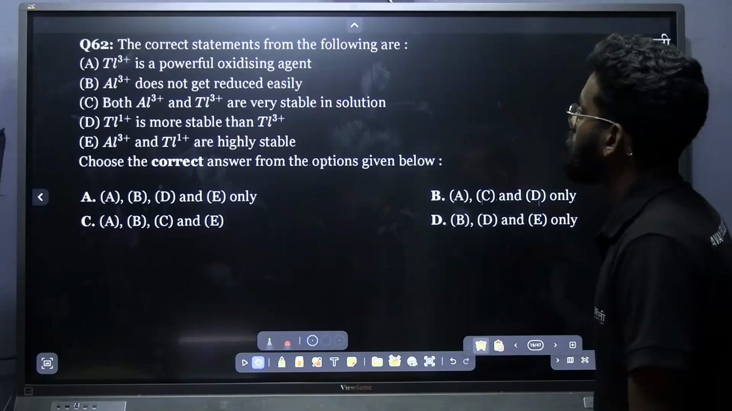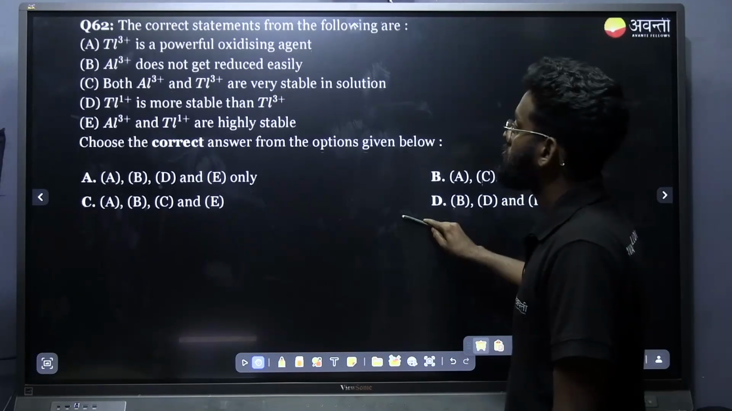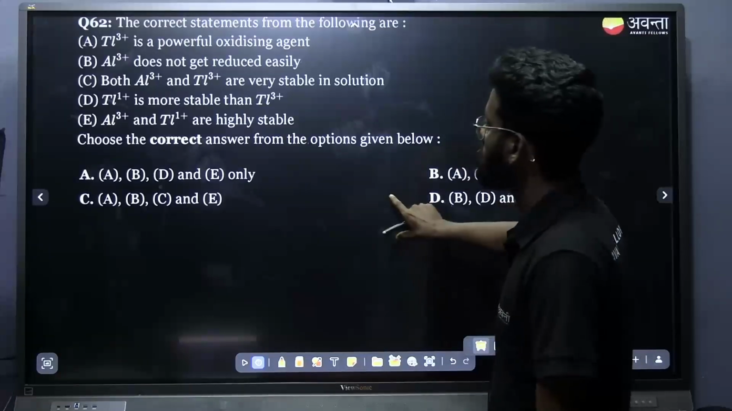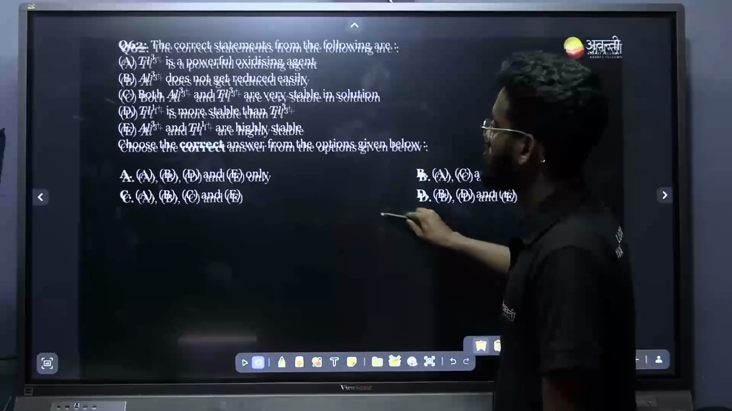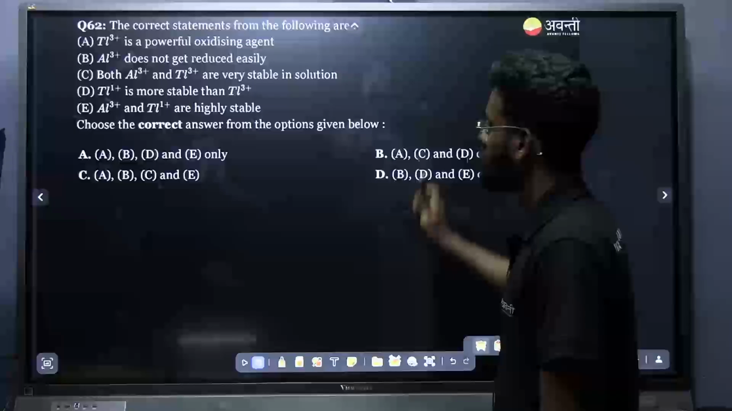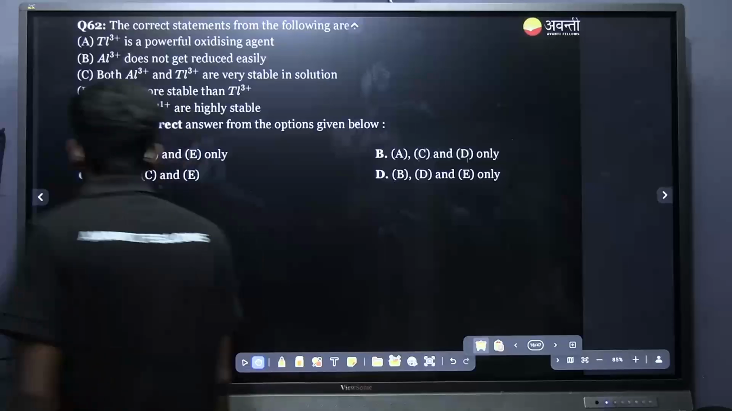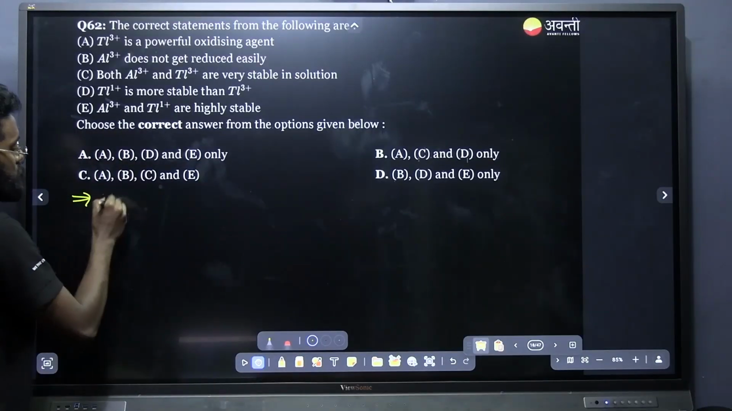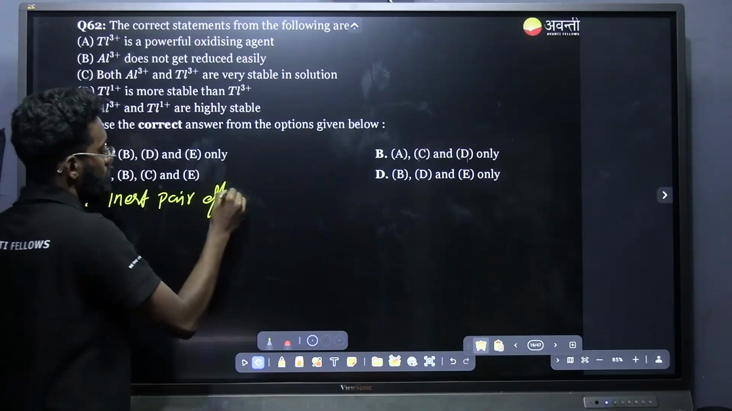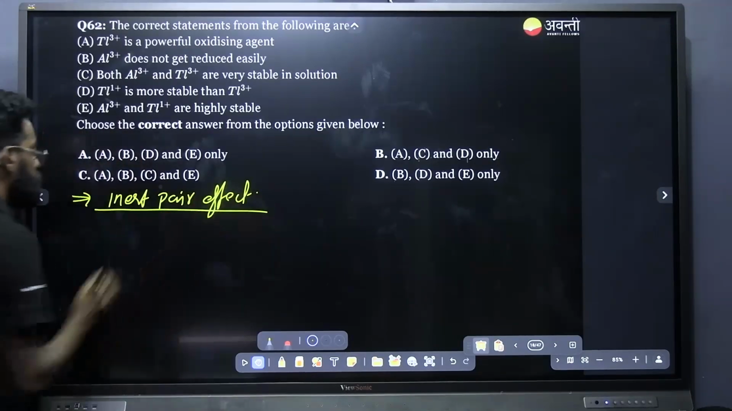The correct statements from the following are: Tl3+ is a powerful oxidizing agent. Al3+ does not get reduced easily. Both Al3+ and Tl3+ are very stable in solution. We can go to the options one by one. What is this concept? This concept is inert pair effect. According to inert pair effect,